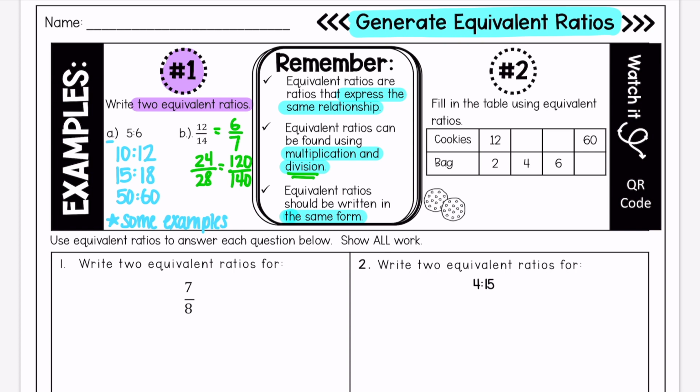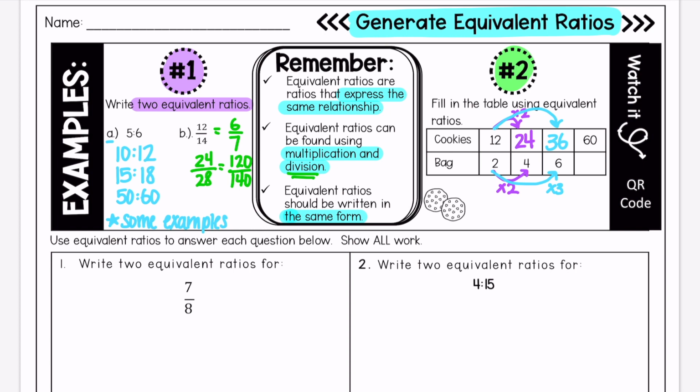Let's jump over and look at number 2 here on the right. And it says to fill in the table using equivalent ratios. So what we're going to be doing is we need to go from 2 to 4. Well, how do I do that? Using multiplication or division. You multiply by 2. So I would multiply the 12 by 2 to keep this consistent and equivalent, and I would get 24. So that means I would get 24 cookies in 4 bags. Now the next one, if I go from 2 to 6, that's multiplying by 3. So 12 times 3 would give me